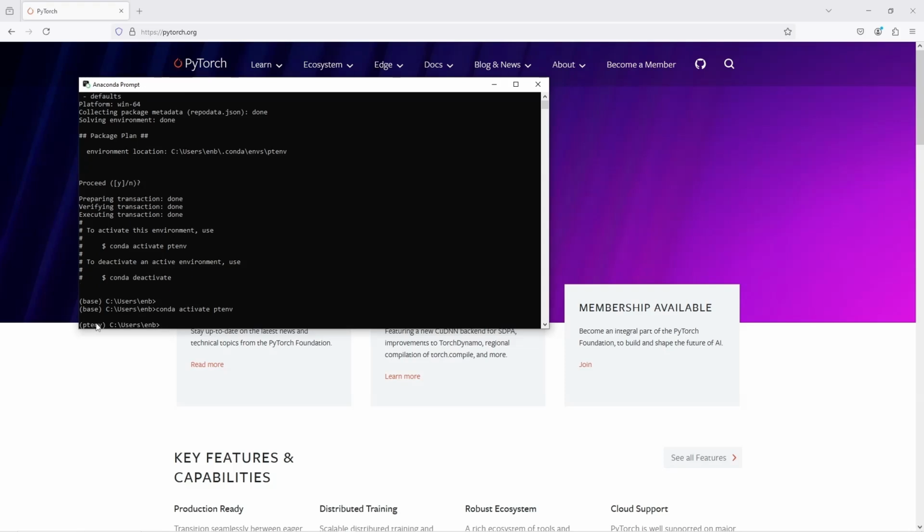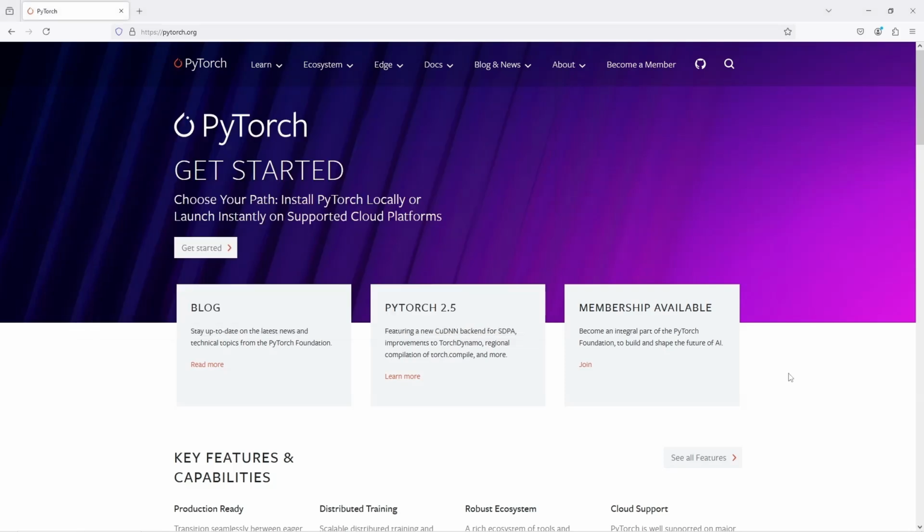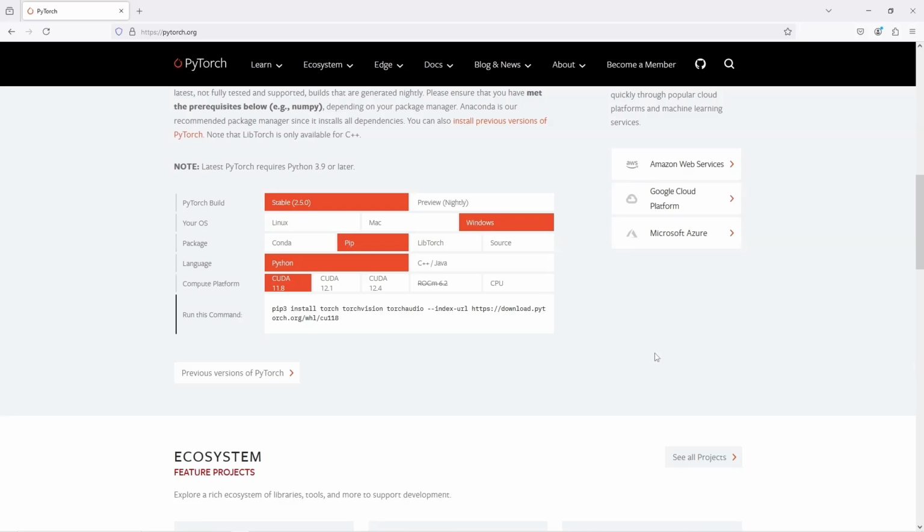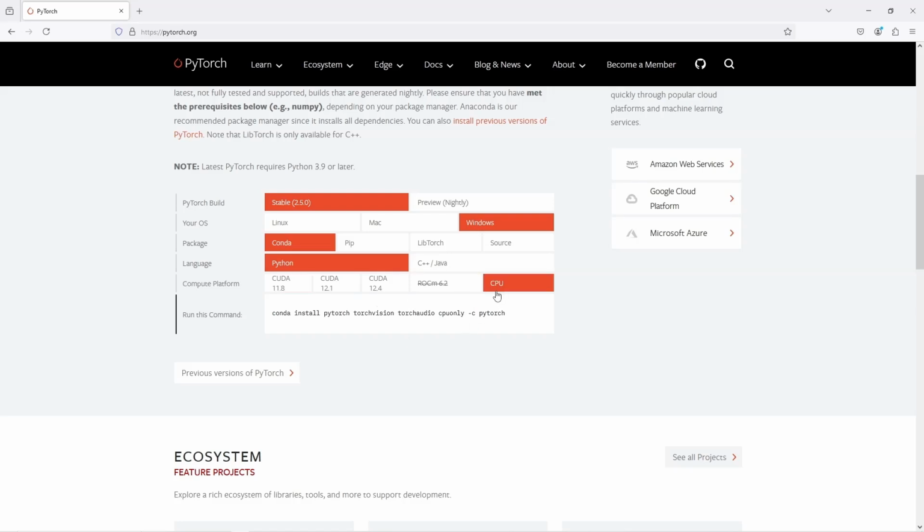Now that the environment has been activated, go back to the pytorch.org webpage, scroll down where it lists the installation commands. We want Windows, Conda, Python. If you have a GPU, you can use this command to do the CUDA installation. For now, I'll do the CPU based installation. So I copy this command